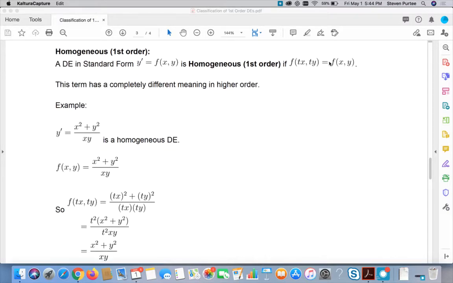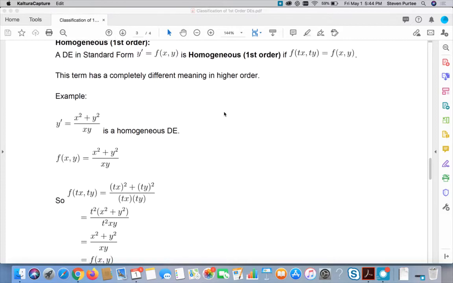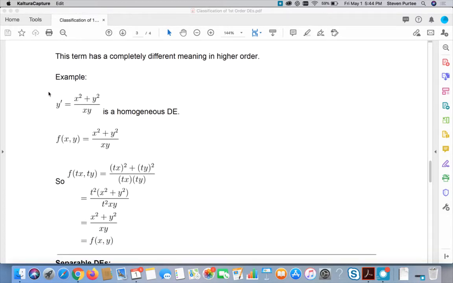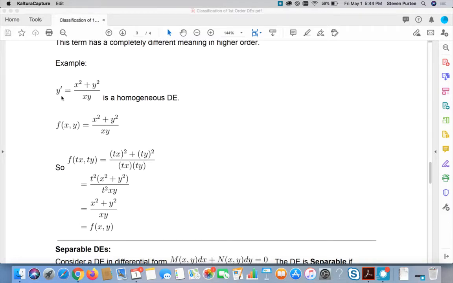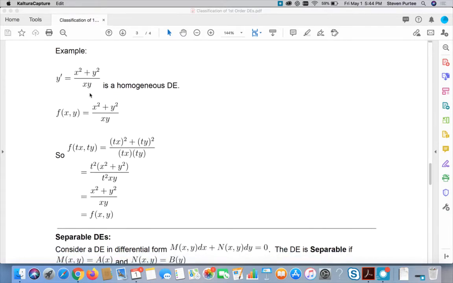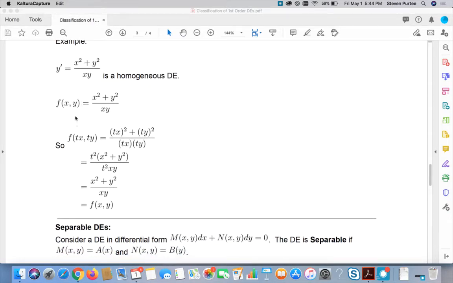What this means is if you rescale x and y by the same amount, it doesn't change your function. That's what the word homogeneous means in this context. So this guy here is a homogeneous first order differential equation. We're in standard form. y prime is some function of x and y. If we were to go in this right hand side and replace all the x's with a tx and all the y's with a ty, top and bottom everywhere,